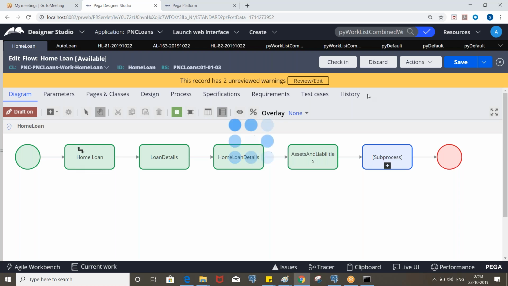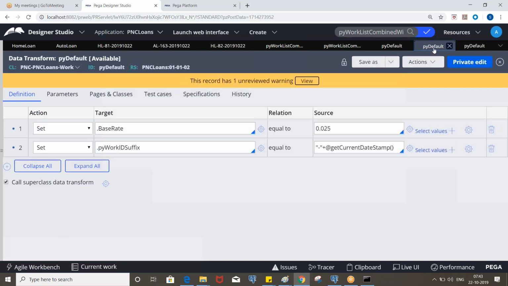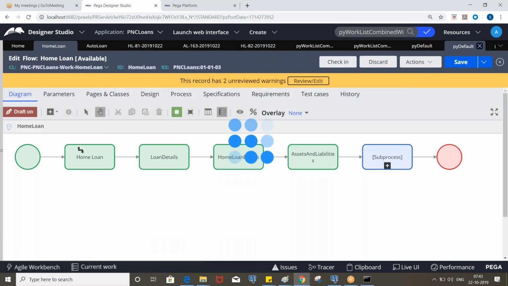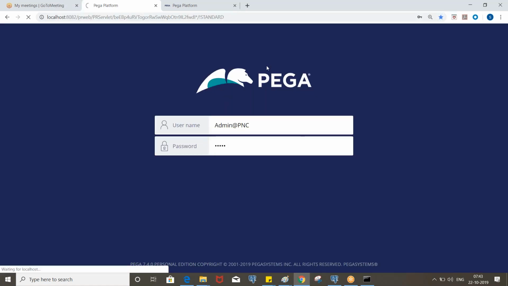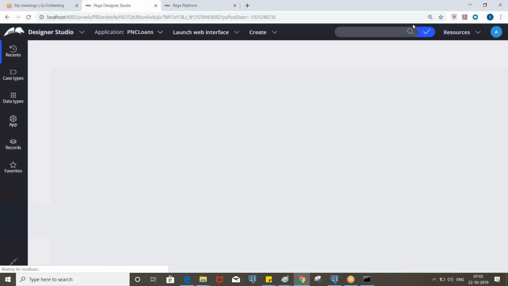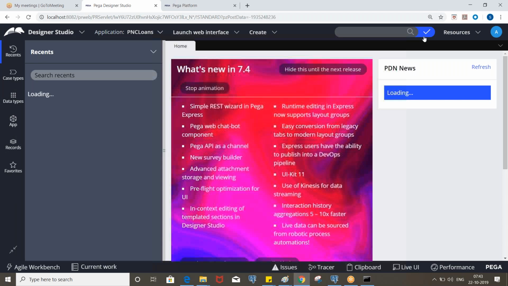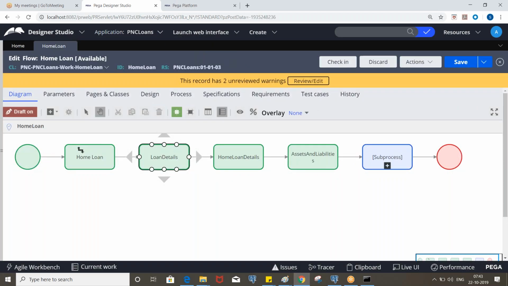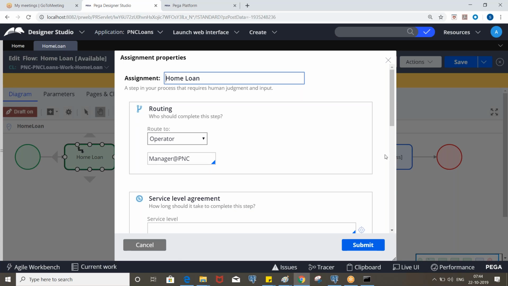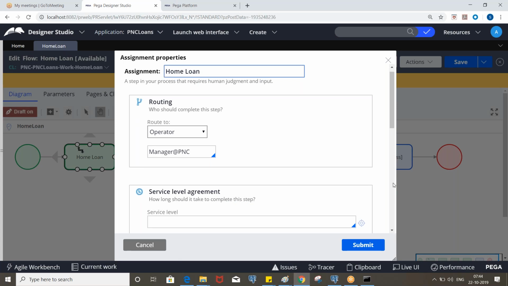Okay, so go to the home loan assignment, the first one.